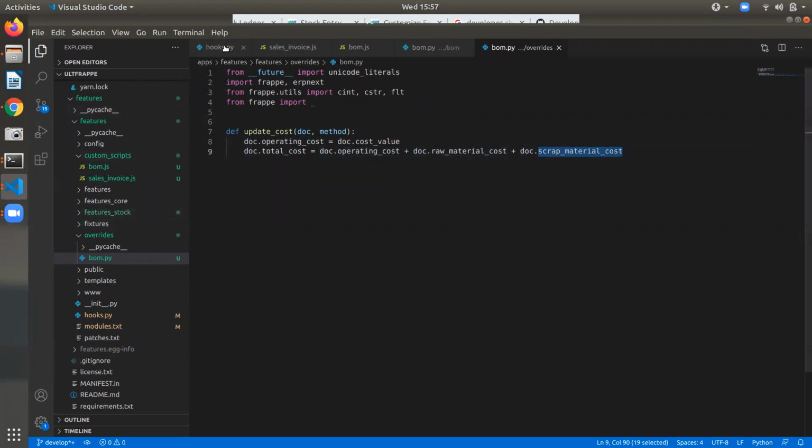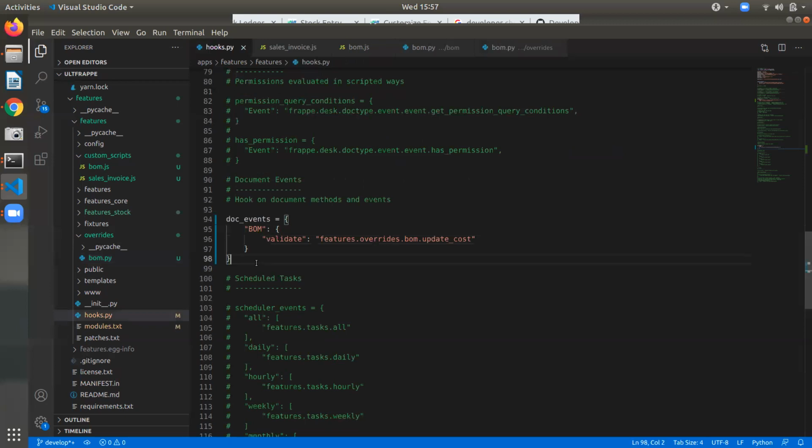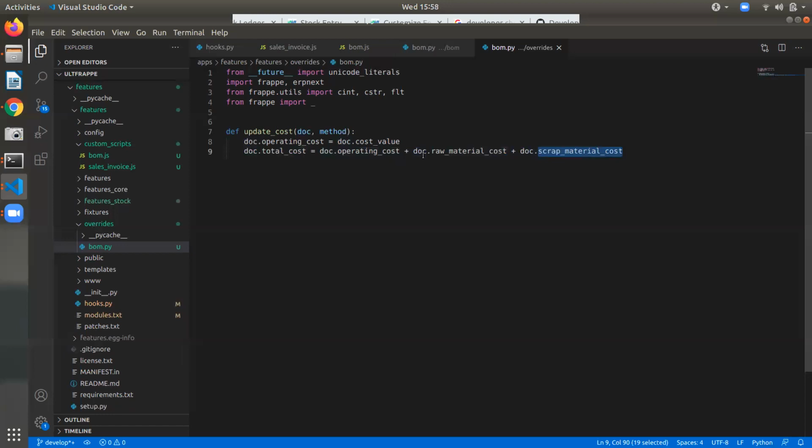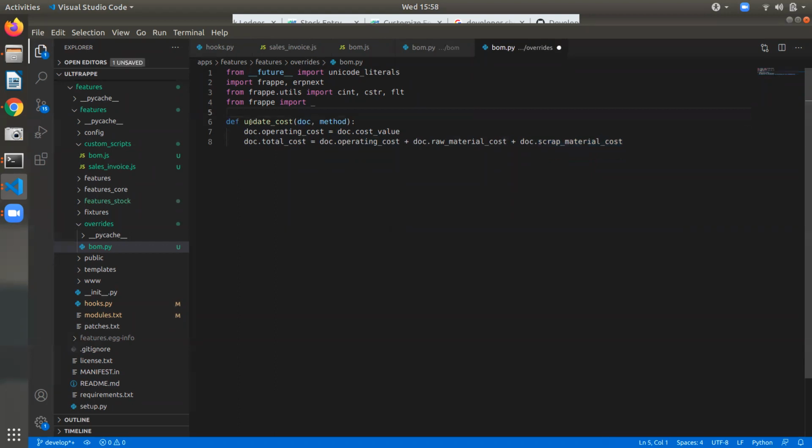So we can write any formula here? Sorry, I could not hear you, sir. I asked whether we can write any formula for that. Yeah, you can do any customization. You can do, sir. This is just a small demonstration of how we can customize ERPNext.